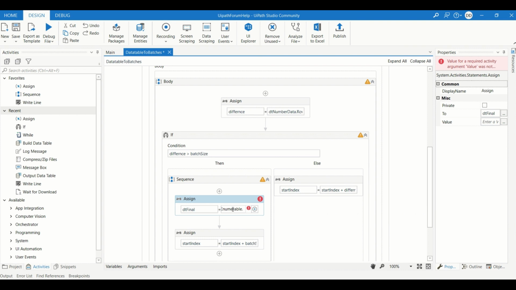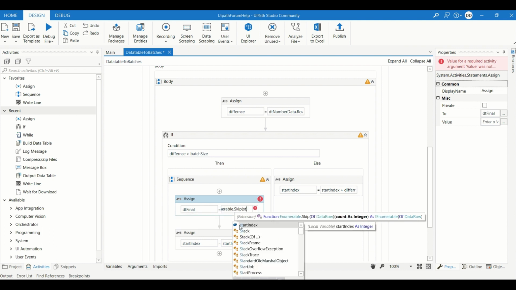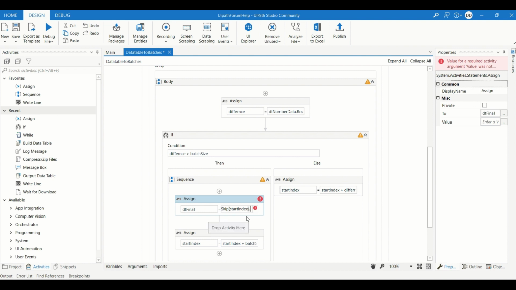So what we have to do, we have to skip, because in the first iteration you have to skip 0, but we cannot hard code the value here, so we will pass the start index. Start index for the first iteration will be 0, but we have to take some data.